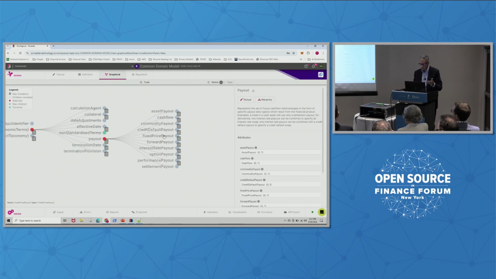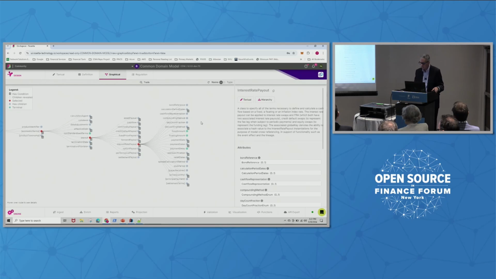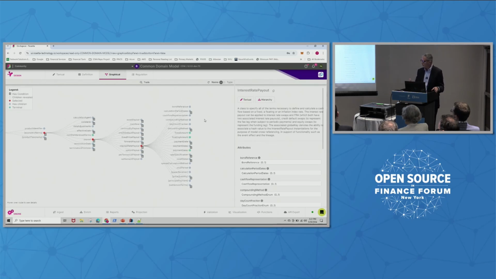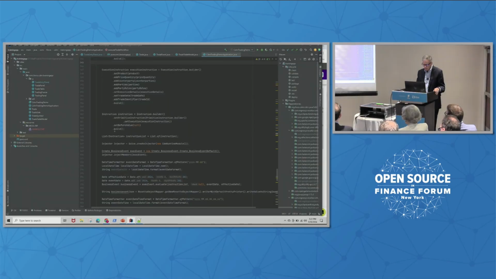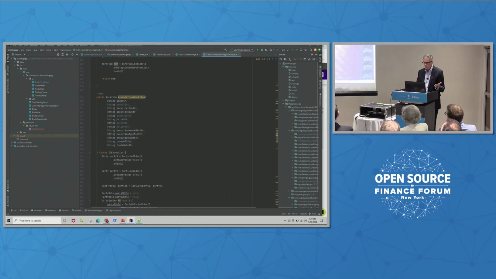And as we were saying, there are fixed payouts, fixed interest payouts. Here there's interest rate payouts, which is primarily used in derivative space. We also use it in the repo swap space as well. So this is one tool to kind of get started. It gives you a good interactive way of getting a better handle and understanding what the model looks like. So I recommend starting with that. From that, I'm just going to take a step back here to show you what it looks like. So I have this, mine is all generated in